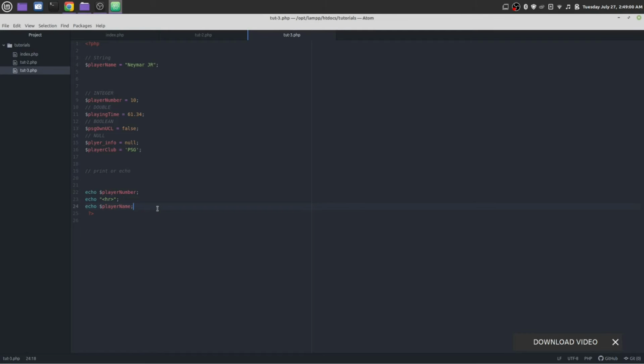Now let's try it out with comma. This time I am going to use this double, boolean and null value. Echo, we can use comma to separate all the values and print them with one echo statement.